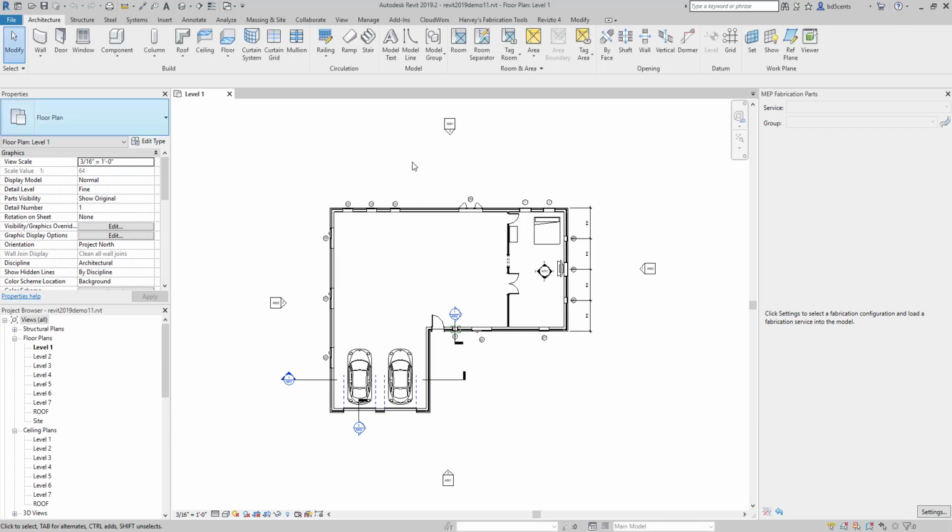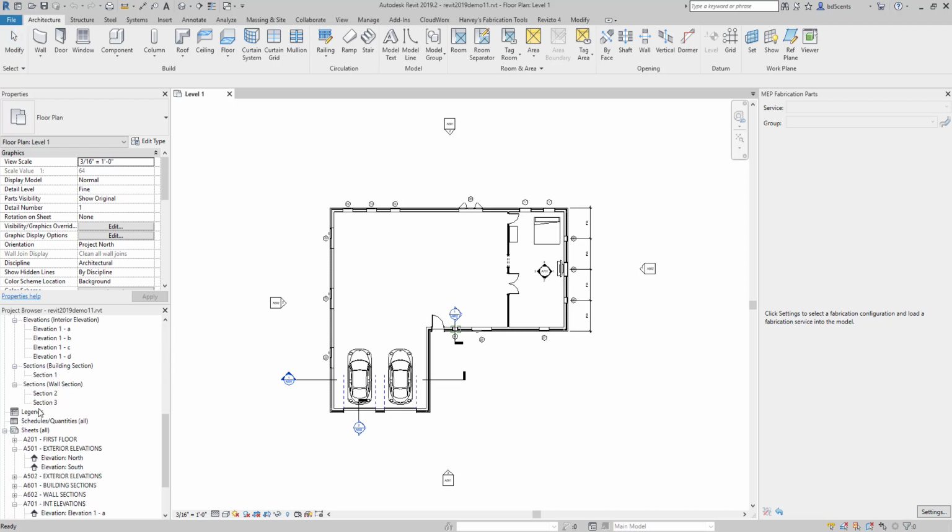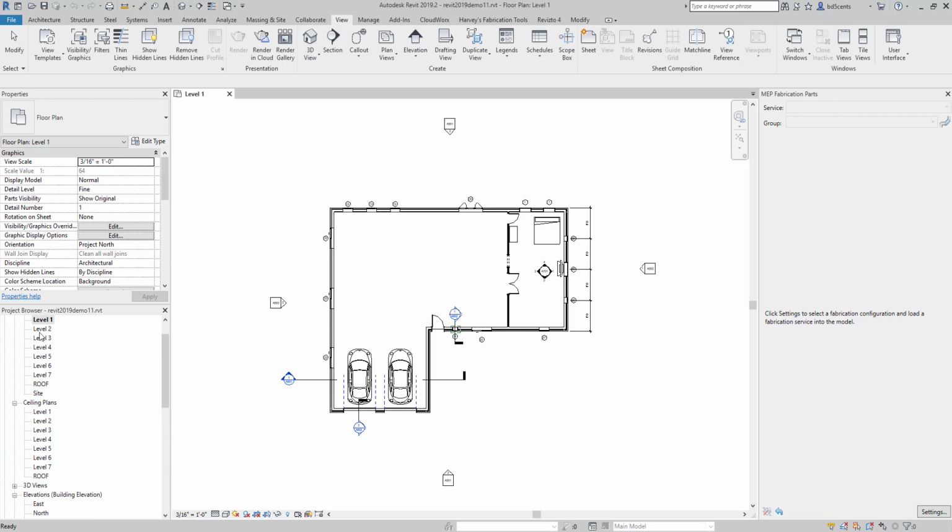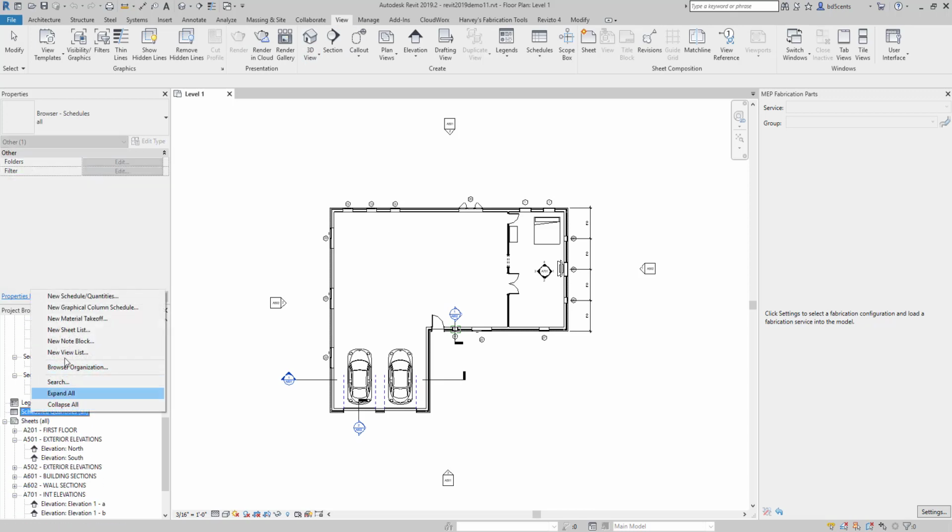I'm going to get started and we're going to talk about Revit schedules. Under Revit schedules, we're going to create a door schedule. You can be in any view in the project browser on the left here. I could scroll down to schedules here, right click that and select a new schedule, or I can come up to view,